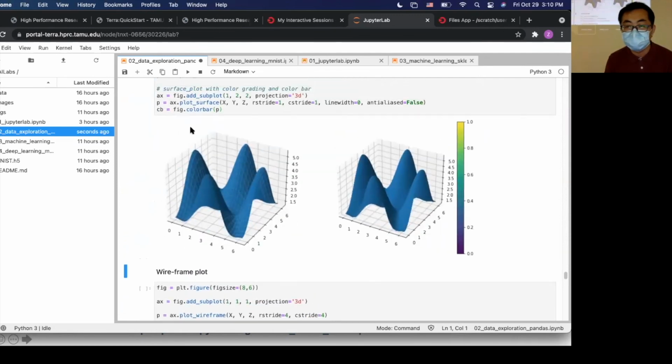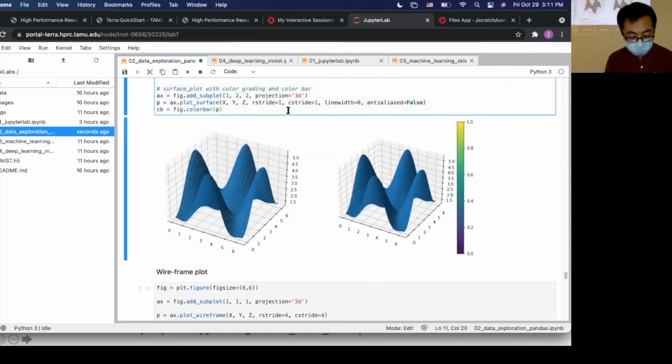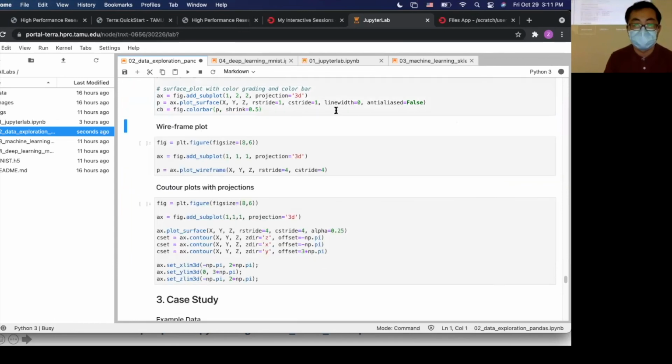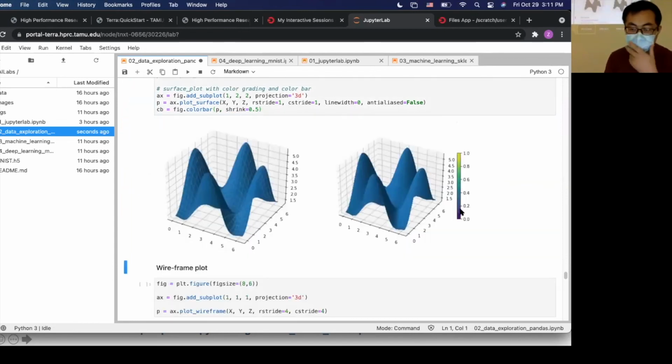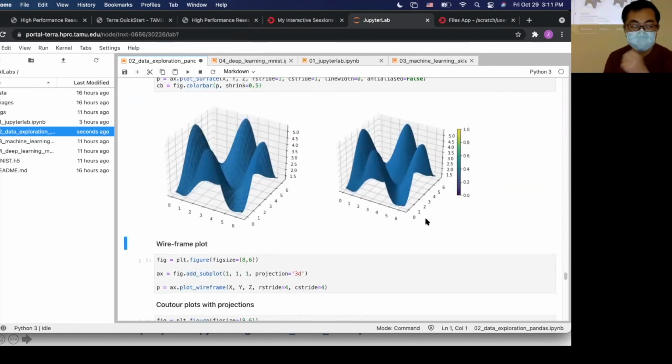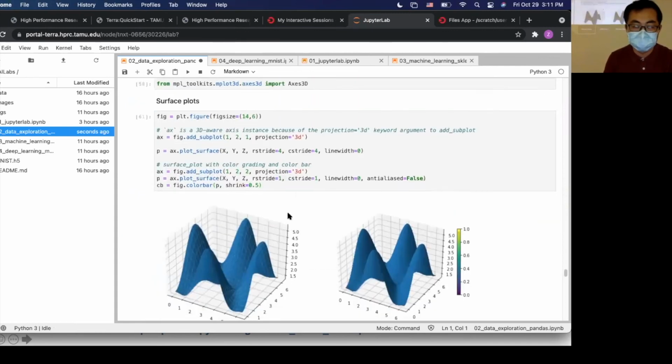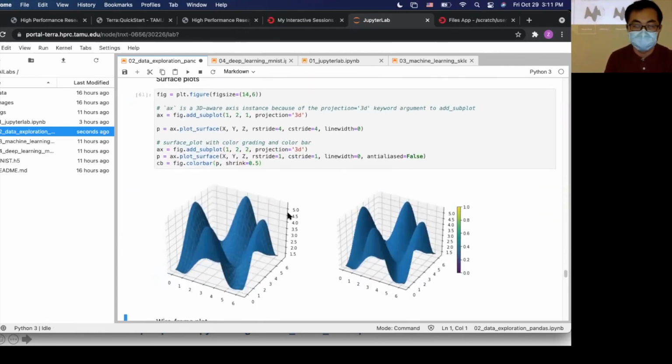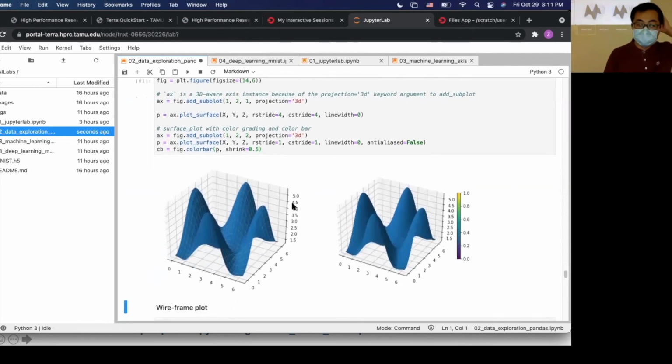If we shrink it to half of the original size, it is almost the same as the figure size, so it's nicer. There are a lot of arguments in these functions, so I encourage you to look at these arguments in your spare time after class.